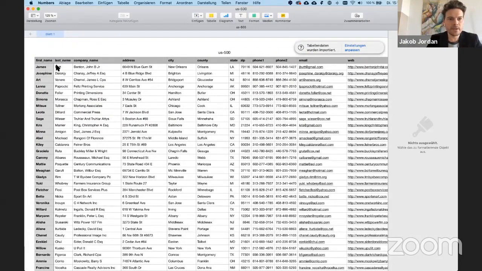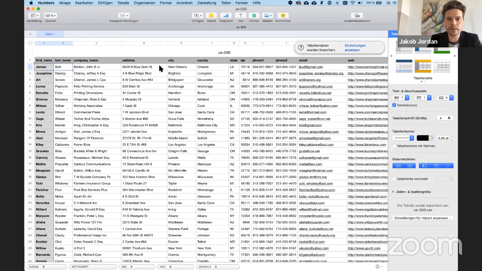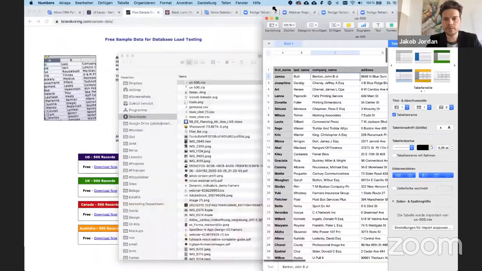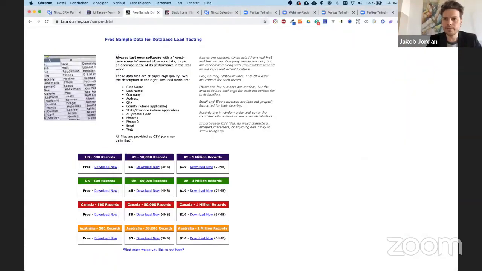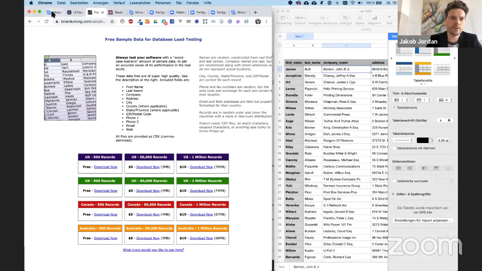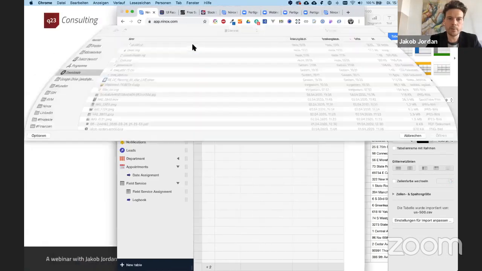He has the first name and the last name and all the addresses of the people, the contact, but he has also the company name here. And he wants them to be connected. And we're going to do exactly that. So next step would be to adjust the field names to our Ninox field names, because as soon as we import, maybe I show you how it looks right now. If I import the data,